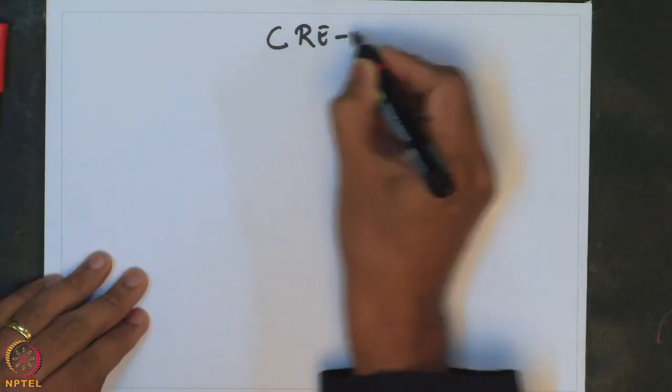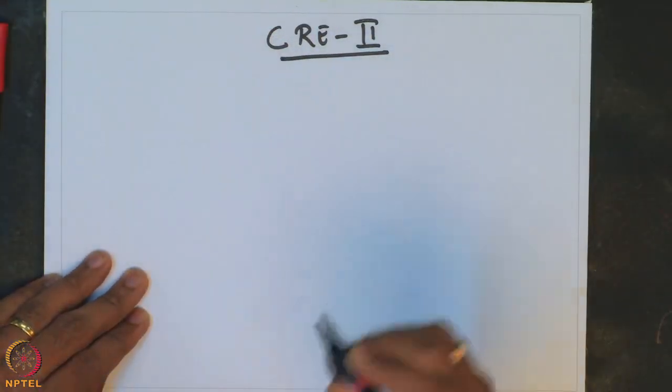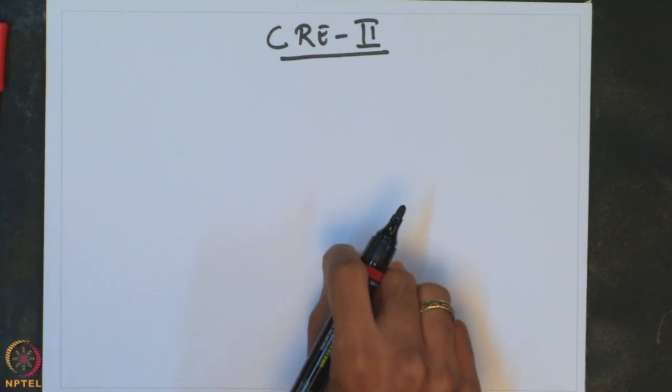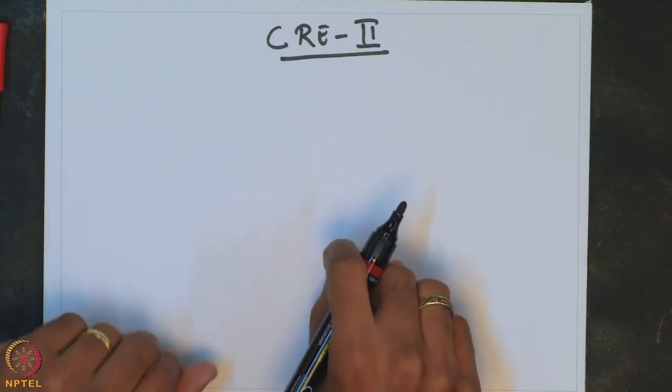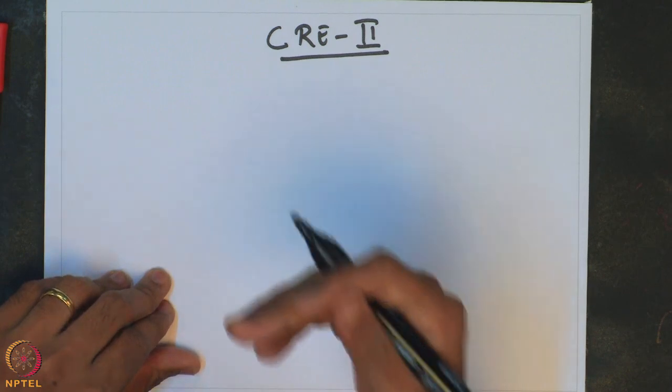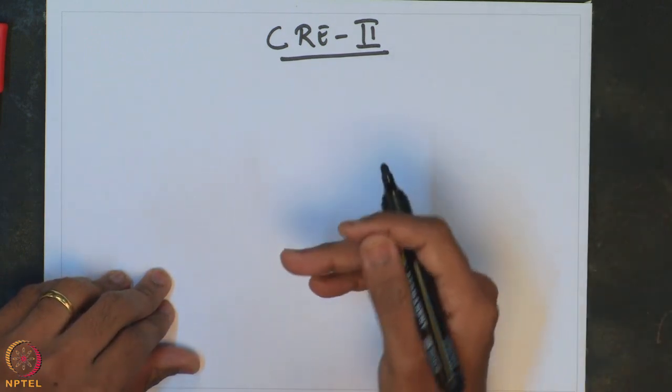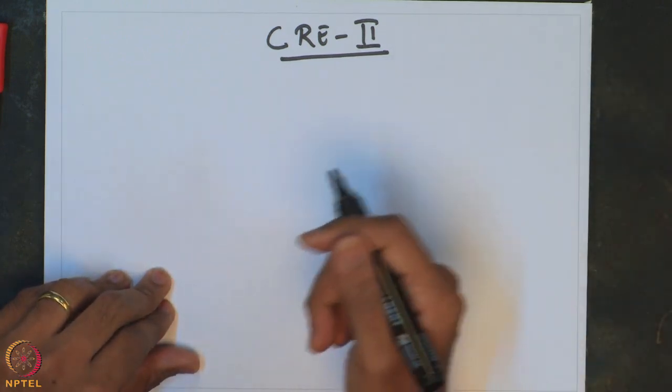In this particular course, we will specifically be looking at several advanced topics such as catalysis. In this CRE 2 course, we will be looking at catalysis, catalytic fluid solid systems, non-catalytic fluid solid systems, and